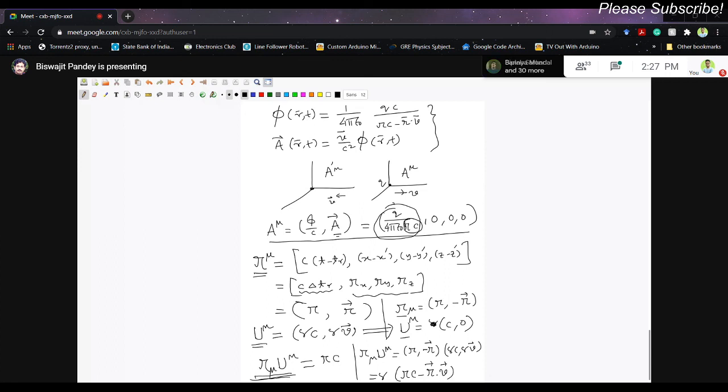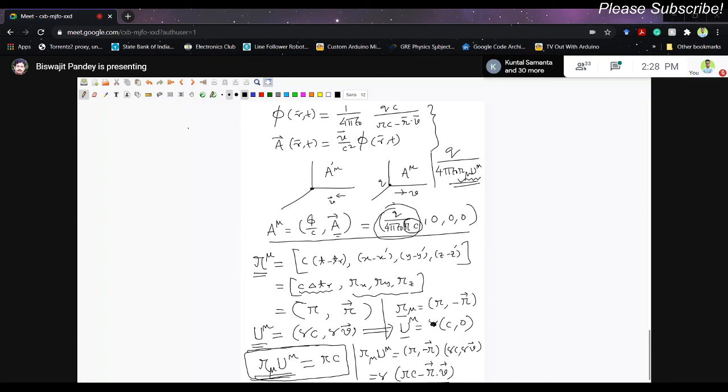This is a general expression, but this expression which we have written earlier holds, because if I write the scalar potential to be q by 4 pi epsilon 0 r mu u mu, then I have no problem with this expression, because this r mu u mu is equal to rc in the frame of the charged particle. So if I put it here, I exactly get this result, q by 4 pi epsilon 0 rc comma 0 0 0, right? But if I go to another frame,